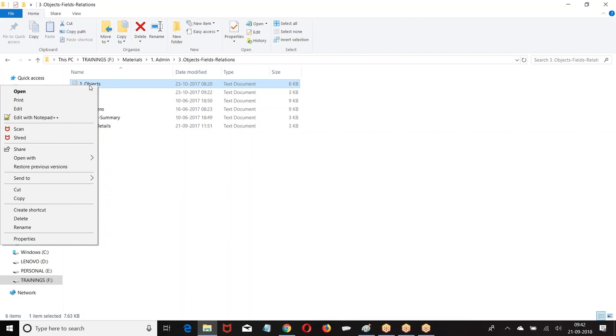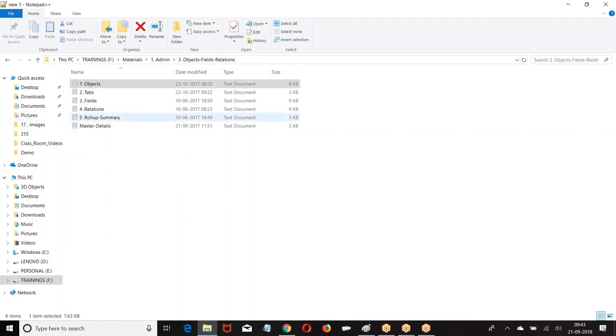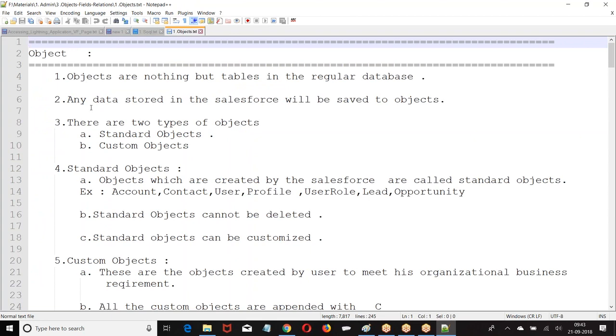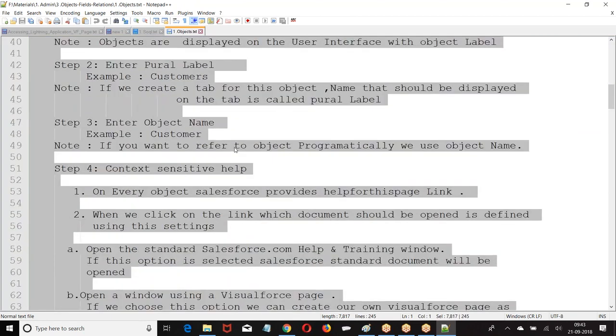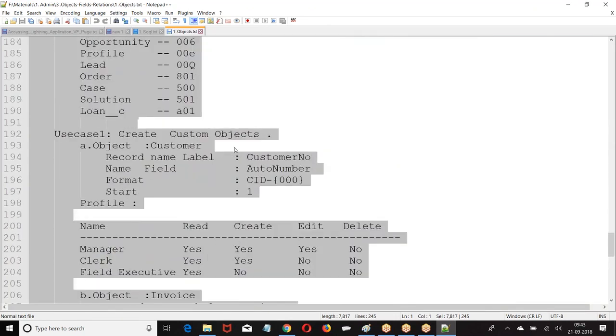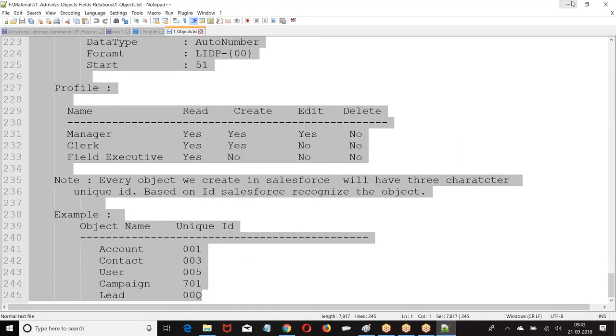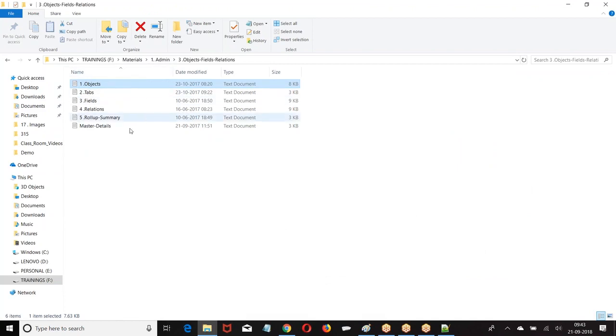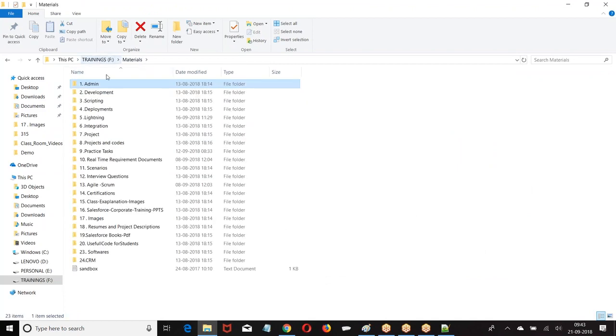When you are creating an object, whether from Classic or Lightning, if you enable all three options, it is enterprise. If you disable them, it is Lightning. So it doesn't mean that if you create from Classic it is enterprise, or from Lightning it is Lightning. At the time of creating an object, you have an option called object classification. Based on the options you have selected, it is determined whether it is a Lightning application object or a Classic application object.